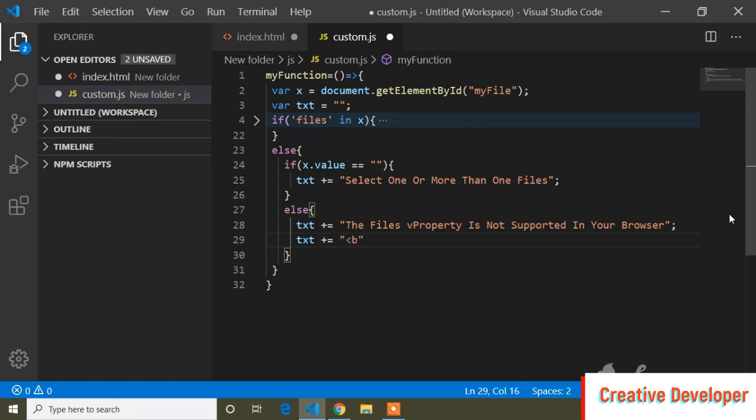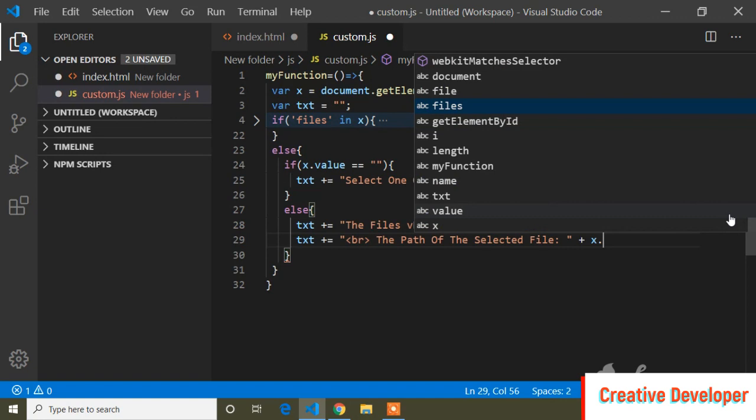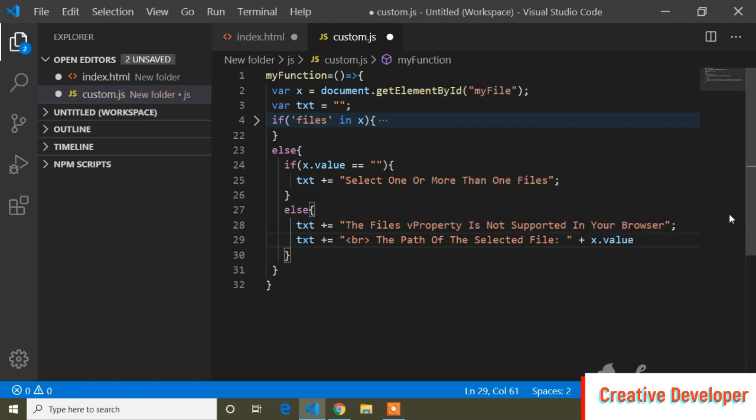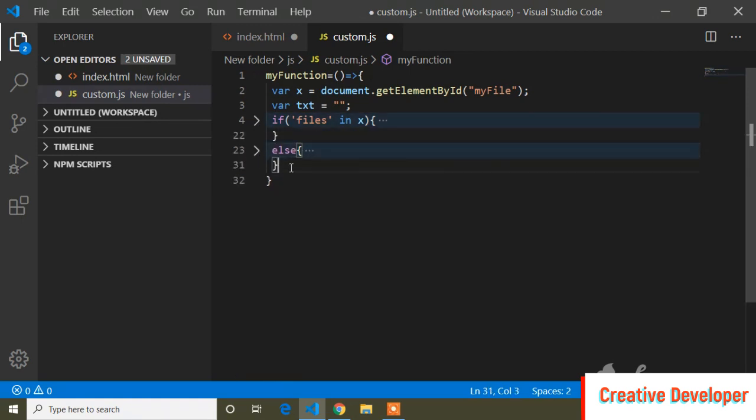So first of all, here I will write a BR tag to break this line, and I will pass the message the path of selected file, x dot value, and after that, at the last, here I will